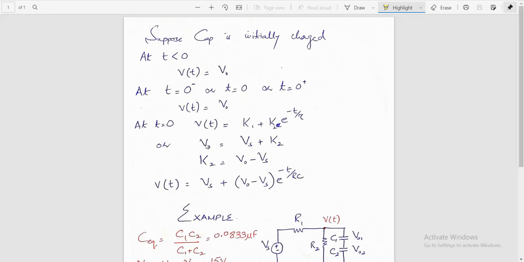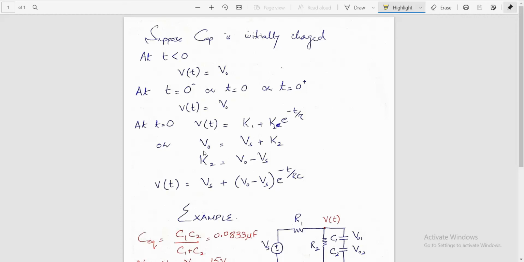So again, referring to the solution of the differential equation, V of t is equal to k1 plus k2 times exponential of minus t over tau, we derived that k1 was equal to Vs, the source voltage. So at time t is equal to 0, we can write V naught in place of V of t and Vs in place of k1, that is obvious. And at time t is equal to 0, the exponential term will be equal to 1, because the exponential of 0 is equal to 1, and we will be left with only k2. So the equation comes out to be V naught is equal to Vs plus k2, or k2 is equal to